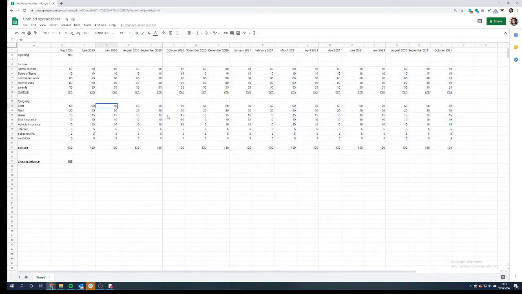Okay, now what we can do is populate this across to October 2021. What I've just done then is replicated all the numbers across. Now your closing balance of May is £195. Therefore, the opening balance of June is 195, i.e. what was in your account at the very end of May is going to be the same as the very 1st of June, like a minute later when it gets to June. So you're going to equals that. And then we're going to do this across to there. Hang on, not quite, my apologies. I need to do this as well.